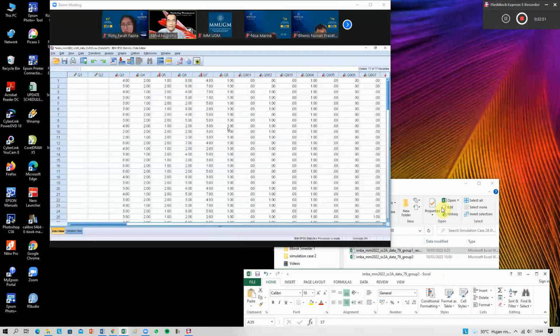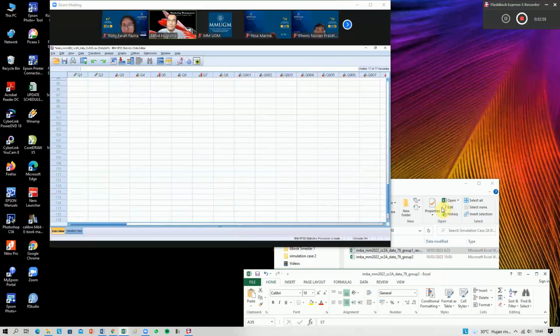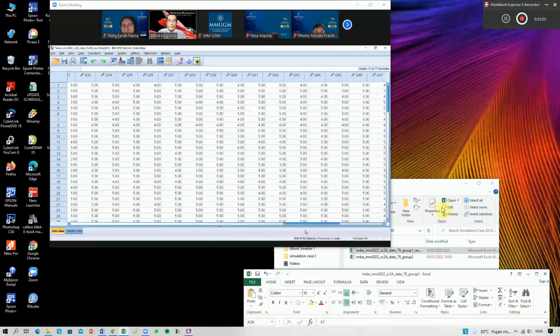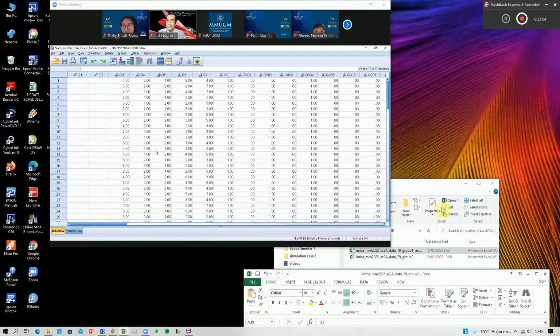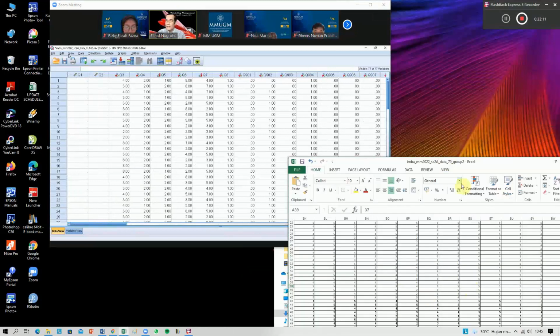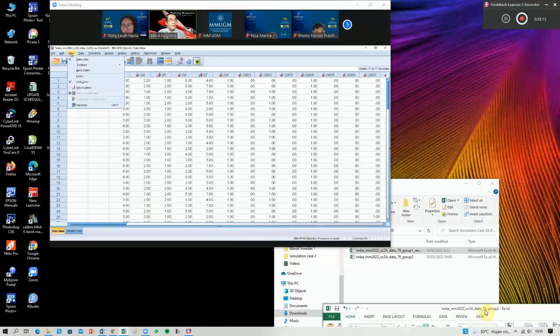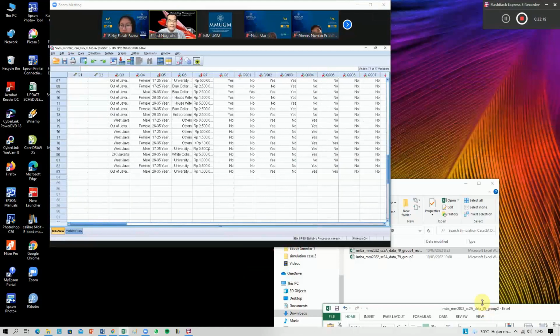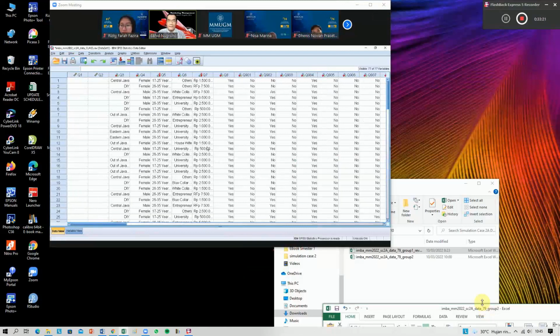Okay everyone, now we are in this position. You can also check whether your data is right or not by clicking View and then clicking Value Labels. And there will be like this.